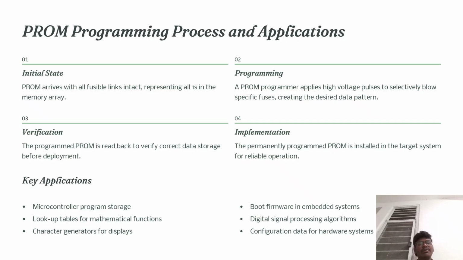Number one is the initial state, two is programming, three is verification, four is implementation. Initial state: PROM arrives with all fusible links intact, representing all ones in the memory array. Programming means a PROM programmer applies high voltage pulses to selectively blow specific fuses, creating the desired data